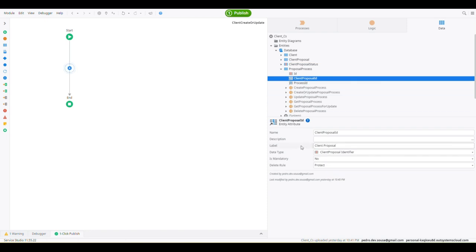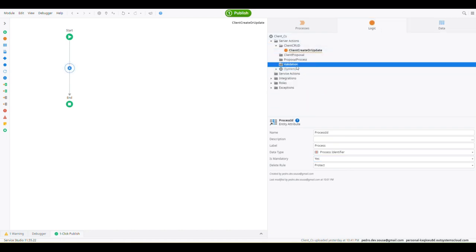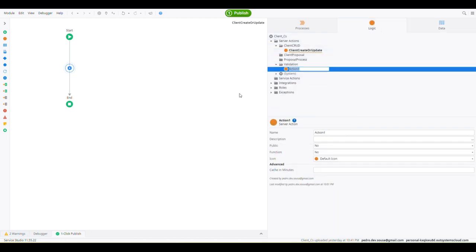For the proposal process, we need to have both of them: a process ID and a client proposal identifier. Okay, so regarding the validation, let's create the validation for the